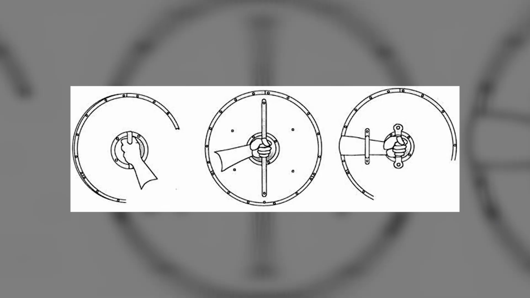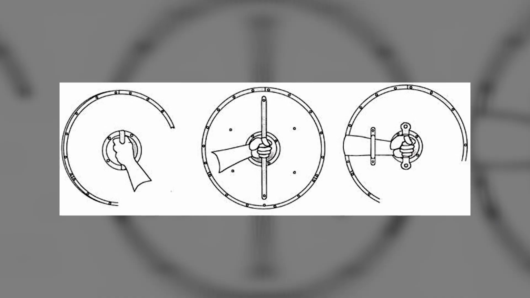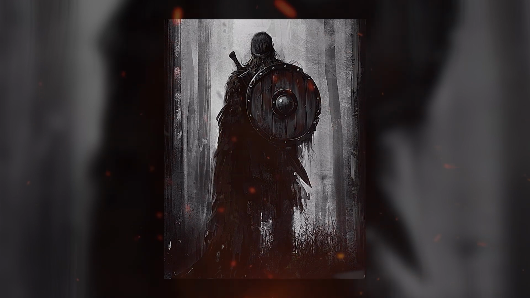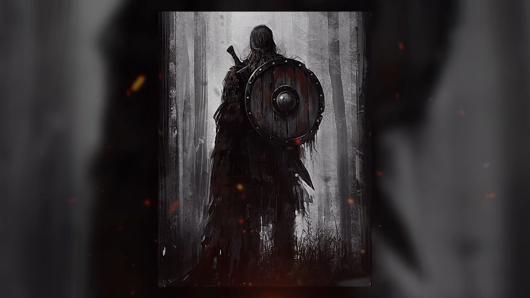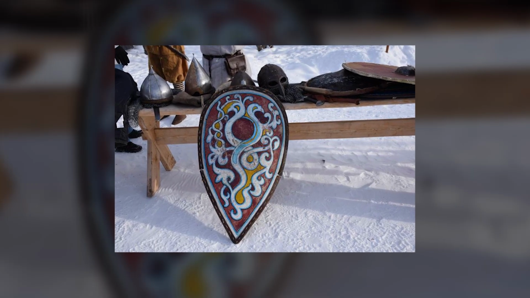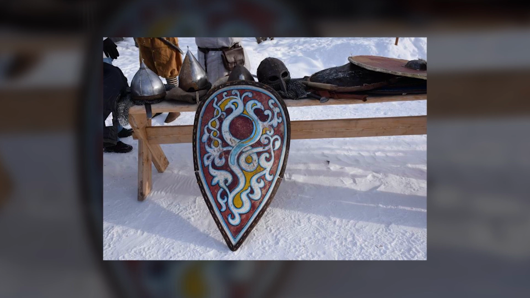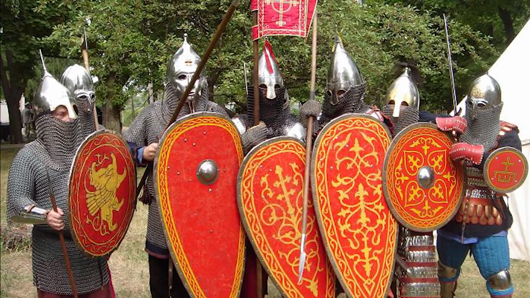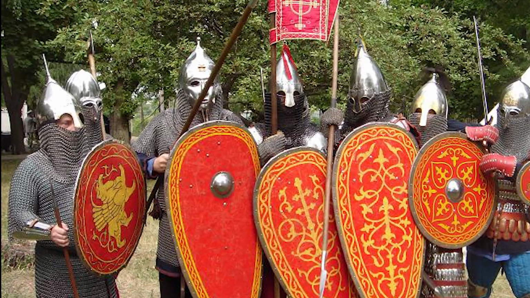It had strap loops, one was held while the other was worn over the shoulder. However, in doing so, the weight of the shield more than doubled, requiring considerable strength from its owner. Later, almond-shaped shields began to be used, covering almost the entire body from chin to knee. Foot soldiers could stick them into the ground and lean their spears against them, creating an insurmountable barrier for the